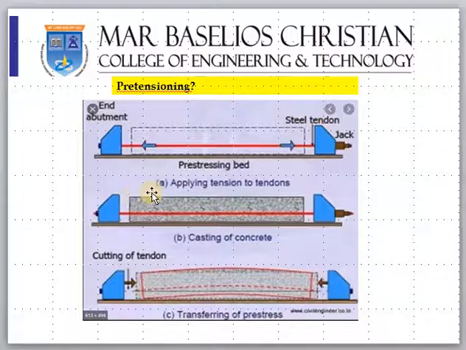Now they will cast the concrete. Okay, then they will wait 28 days and the concrete is set. Now what they do is, they will cut the steel here. So what happens, the fully stretched steel will try to come back. So it will induce a compressive force. This is called pre-stressing, pre-tensioning. So the full cross section of the concrete will be under compression. The chance of tension is very less.